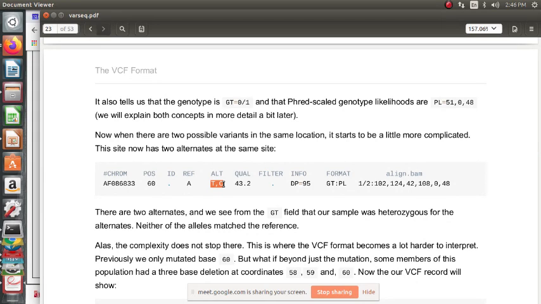TC would be like an insertion, and T comma C would be either T or C. So TC is an insertion basically, and if it's a deletion, there will be two bases in the reference, right?